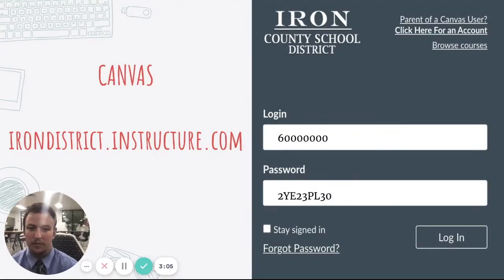Next piece we would provide for you is, how do I log into Canvas? Canvas is kind of your home base for information from your teacher, as well as access to many different curricular content pieces that you will want to access. So this is kind of a home page for your teacher to also provide links and schedules and other things for your students. So to access that, you'll type in this URL,